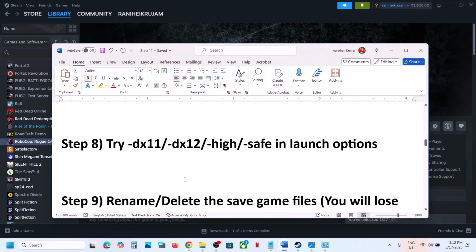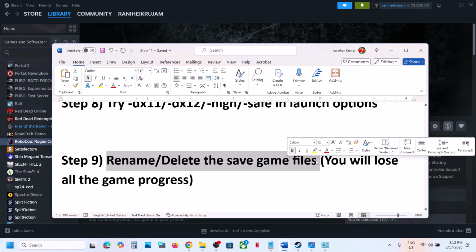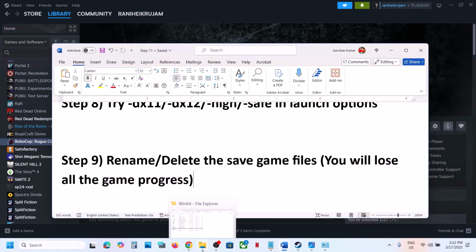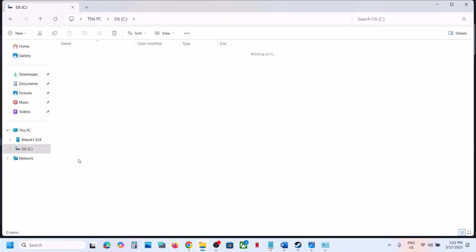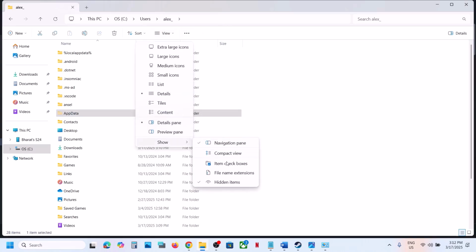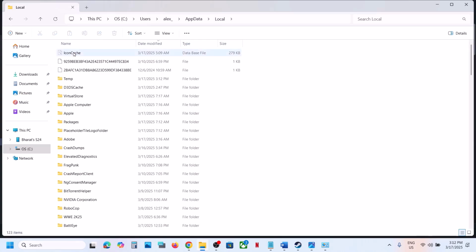Now the next step is to rename or delete the save game files. Now when you rename or delete the save game files, you will lose all the game progress. You have to start everything from scratch. Now for this, you can open File Explorer on your computer and go to This PC, open C drive. Now open the Users folder. Now open your username folder. Open AppData. If you don't see AppData at the top, click on View, select Show, put a check on Hidden items and then open the AppData folder, open the Local folder and then